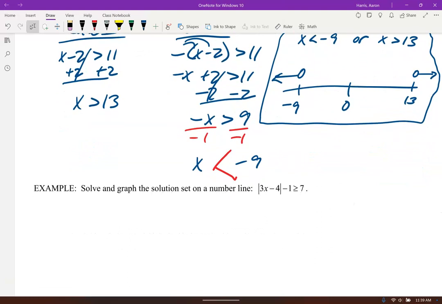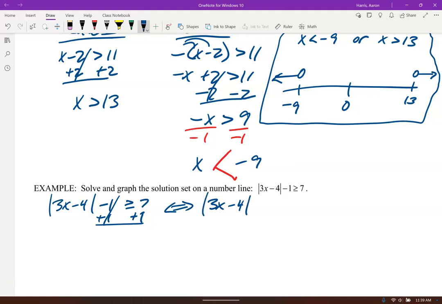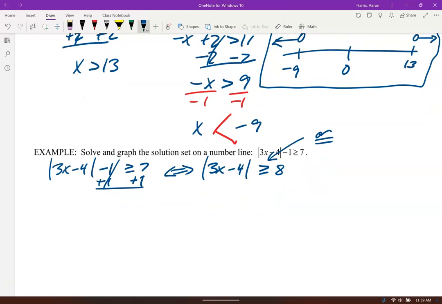Here's another one, but we don't have it isolated. So what you want to do is add the one first before you think about it. So we've got the absolute value of 3x minus 4 is greater than or equal to 8. Again, it's greater than or equal to, so this will be an or situation when we run the two cases. So case 1, drop it. Or